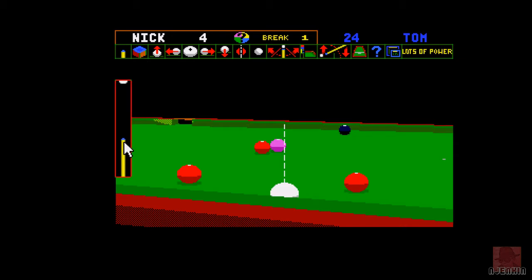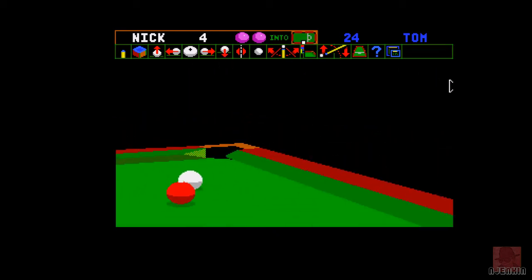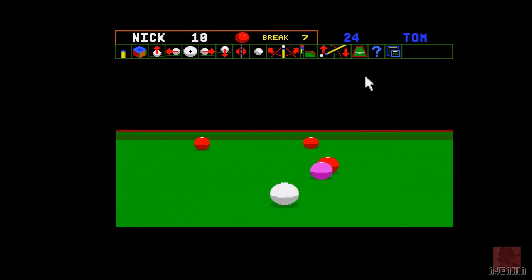Chalk it for luck. We'll give it gentle. Right, please go in. Try and beat my high break here. Ooh, yes! Oh, yeah, brilliant. Right, I've got it now. You're so in for it, Tom. You've had it, dude. 7. I've equalled the high break there. 10. Right. Another red. Where's that going to...